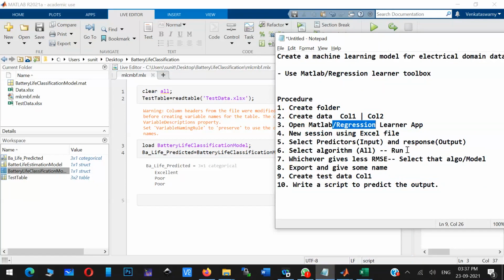Appropriately you have to choose in future. You have to be very clear whether you are doing classification or regression. So 2 toolboxes are there, very straightforward to use. Any questions from the online students? Is that clear?